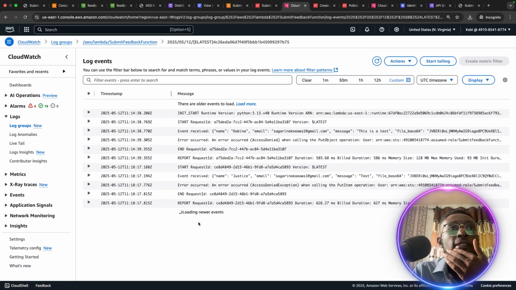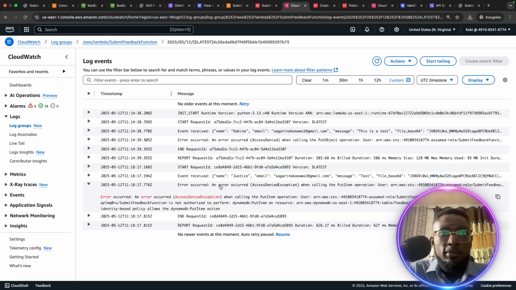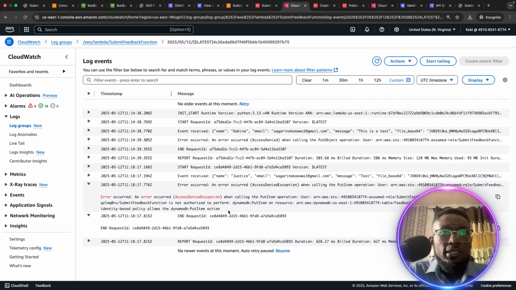Let me open this and see. Okay, so if I look at the time and then the event, so I'm getting it, but I'm still getting some permission issues for the justice also. So it's saying,